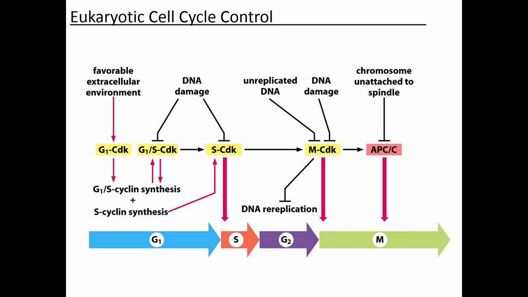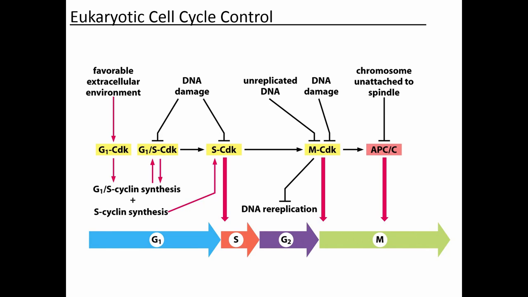Okay, so this is just showing you that when the G1 and G1/S CDK become active, they're going to push the cell into S phase. And this is showing you where each of these cyclin-dependent kinases become active and push the cell through that phase. They're also showing different things that can activate. When you look at diagrams of signaling, an arrow means activation. So this means that a favorable extracellular environment activates that G1 CDK complex.